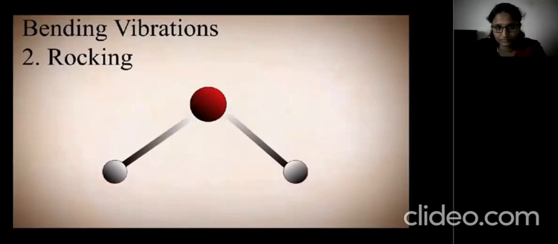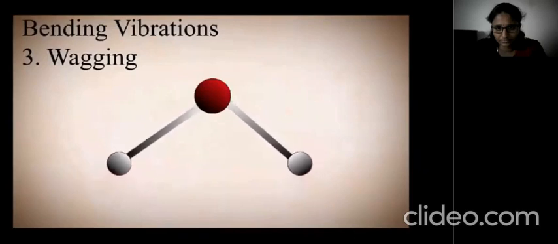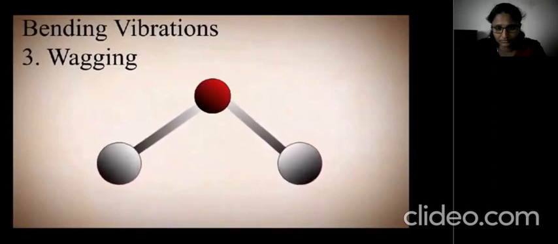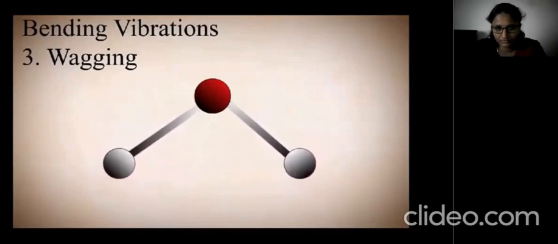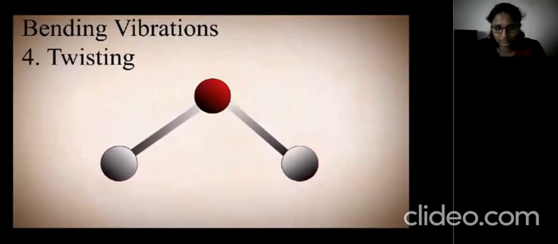But if you compare these two with wagging, you can see both the atoms are coming towards us and simultaneously both the atoms are going far from us. Means they are not in one plane. So that's why wagging vibration is an out-of-plane vibration. So here you can see clearly that both the atoms simultaneously are coming towards us. It means that there is a disturbance of the plane, so atoms are not remaining in the same plane.